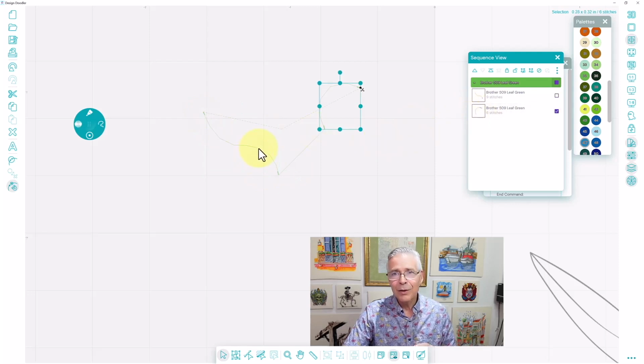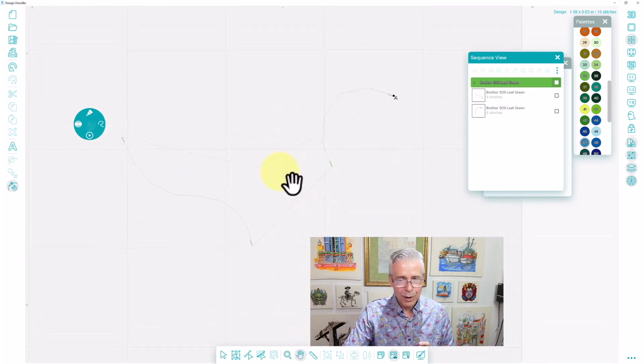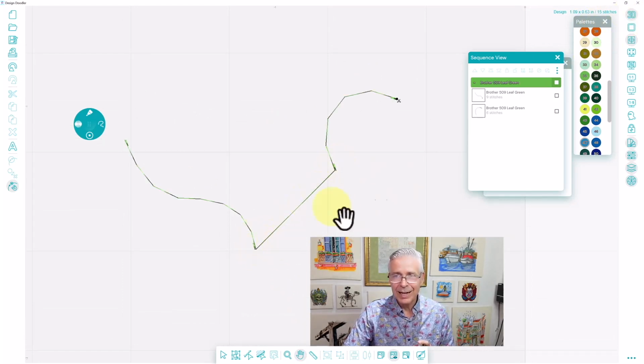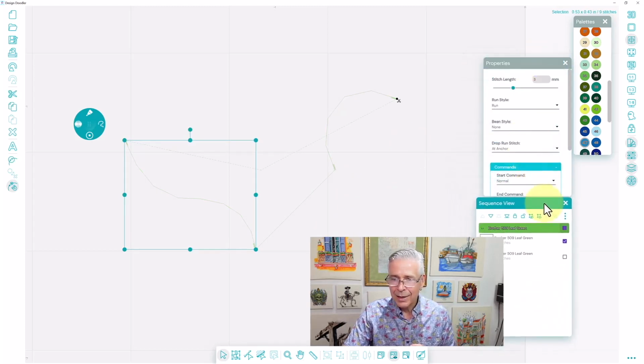So what I'm going to do is grab that very first object, but let's zoom in a tiny little bit just so you can see it on screen. I'll pan down a little bit as well, and I'll turn the 3D on for a second. You can see that connecting stitch that's between those 2 objects. So I'm going to turn this off again on the 3D, grab that first object so that it's highlighted, and then I'm going to go to my